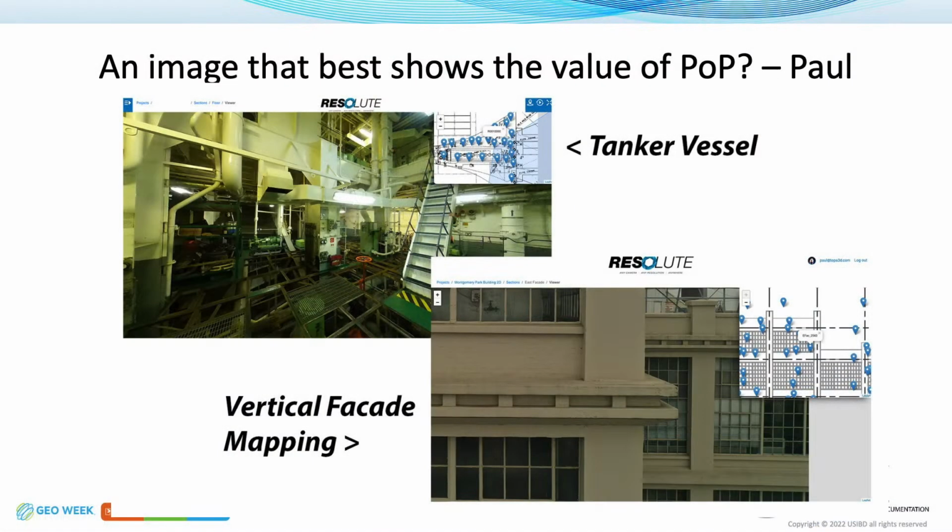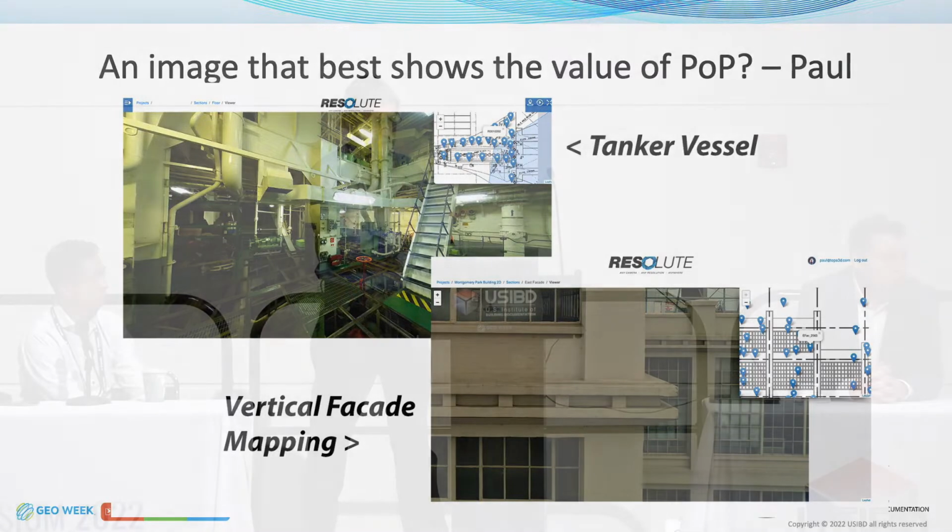And then on the top is the tanker vessel. So we've done a lot of these huge bulk carriers that are getting ballast replacements for ecological reasons. And we scan those, and sometimes those ships are very complex. So not only do we do the scanning, but we also do the photography, and locating those photos on this complex map really helps the engineers understand what they're looking at to redesign it. So in this case, using our software, Resolute allows our clients to understand complex areas and make decisions quickly, vertical or horizontal.